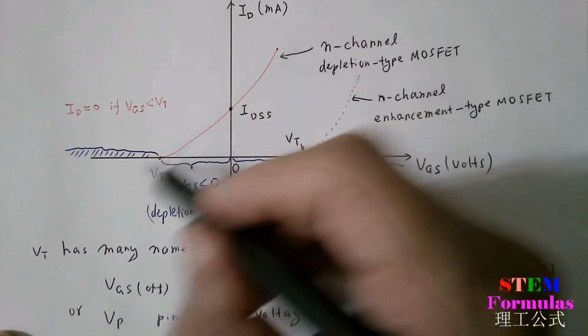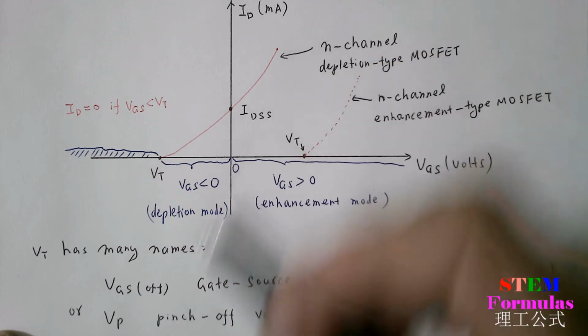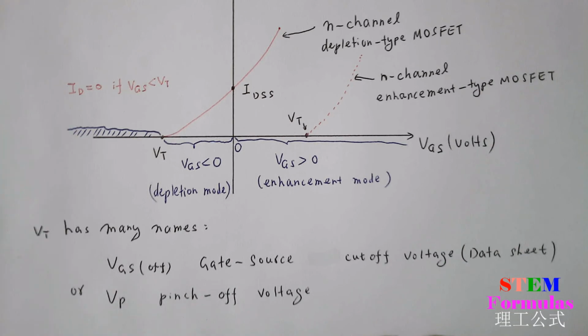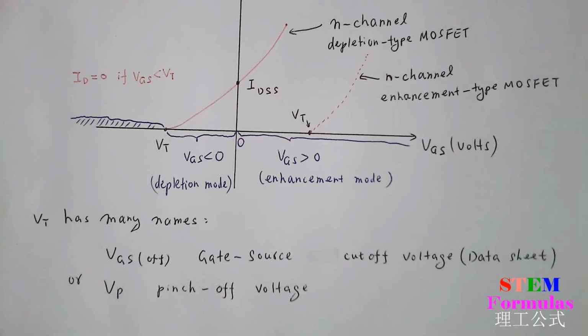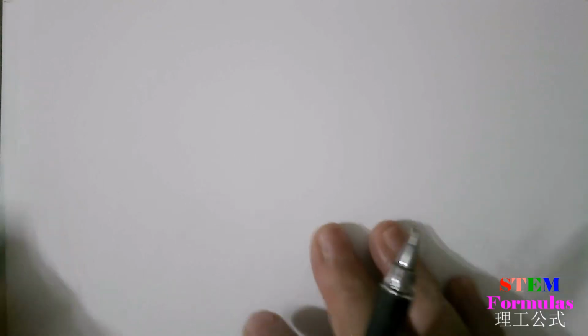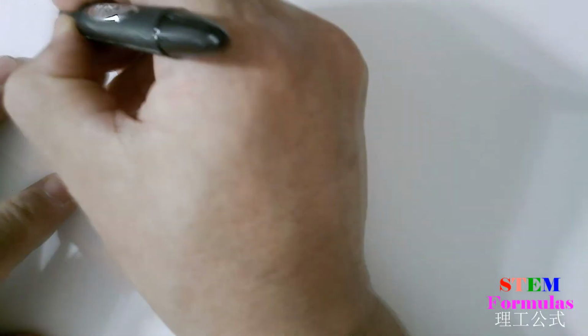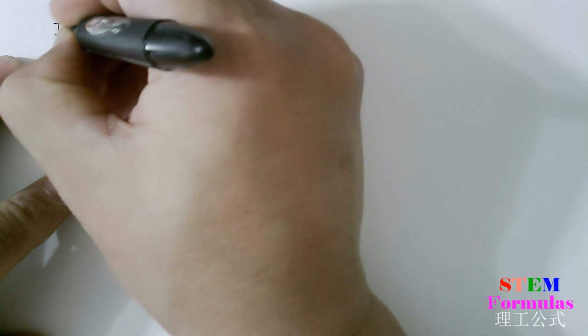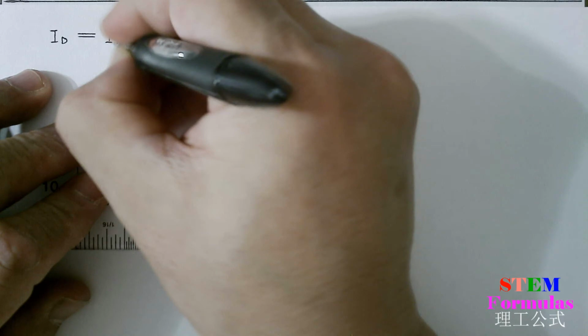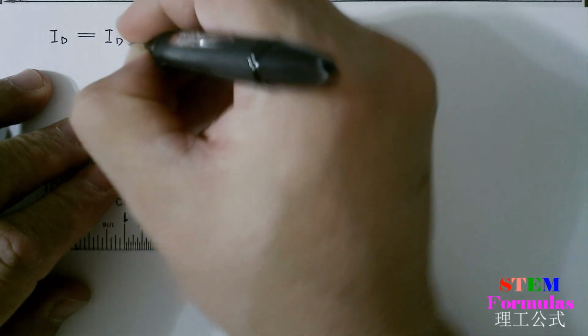And this curve is quadratic and is described as follows. ID equal IDSS